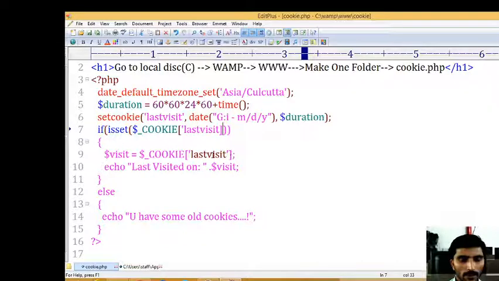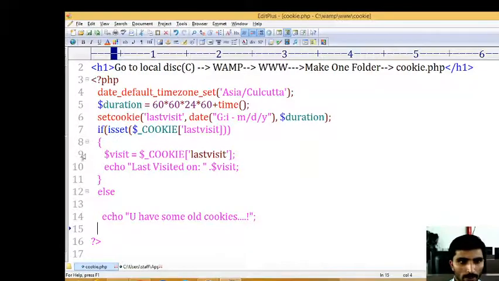Here something went wrong. $visit equal to $_COOKIE, square bracket, then complete. Correct. Line number 9 here, echo, open and close, or else you can remove this one, no problem.